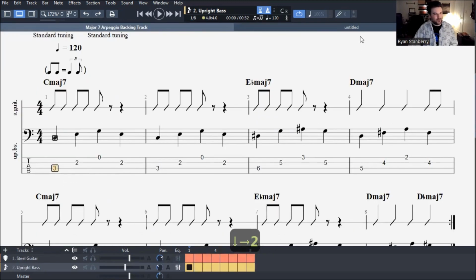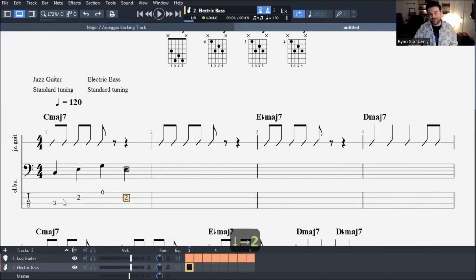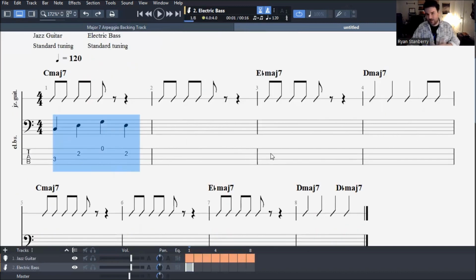All right, so we've got our little arpeggio. Now, here's a really cool thing. Other than just copying and pasting, which I am going to do, we can also use a feature called the transpose feature. I know that I'm basically wanting to play this arpeggio over each of these chords. It's the same arpeggio. It's a major chord arpeggio. And Guitar Pro gives you a really cool way to do this that I don't think a lot of people